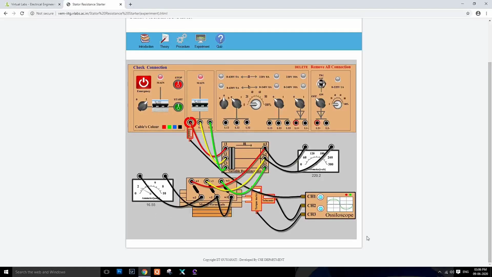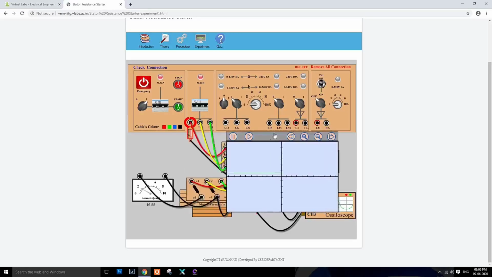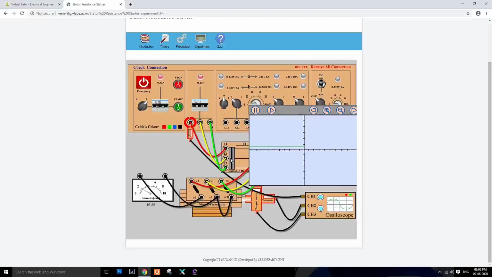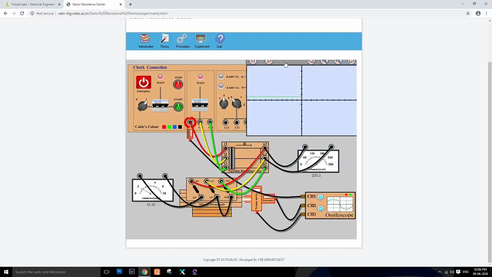Okay, now this oscilloscope: channel 1 is to measure the supply current. So you can see the supply current is there. If we vary the rheostat, then you can easily see the variation of current.